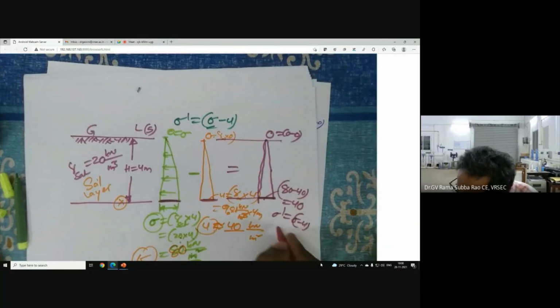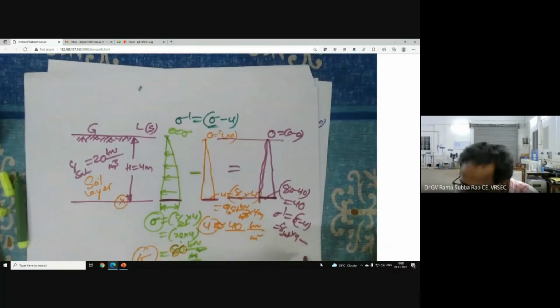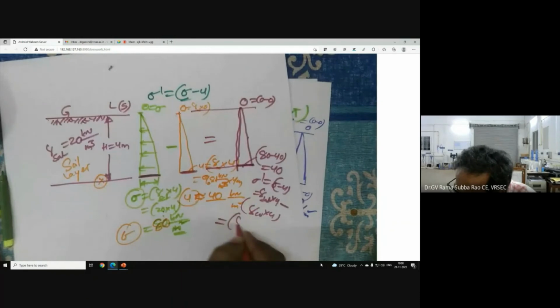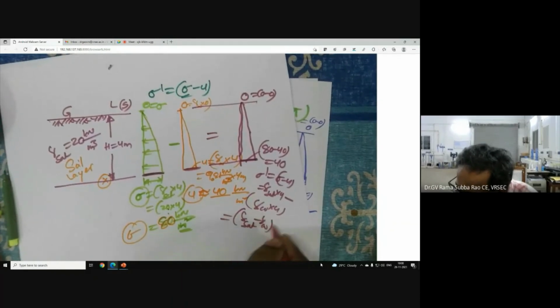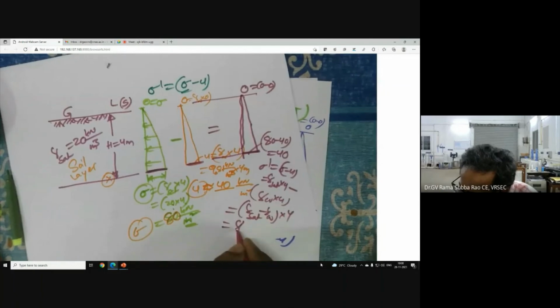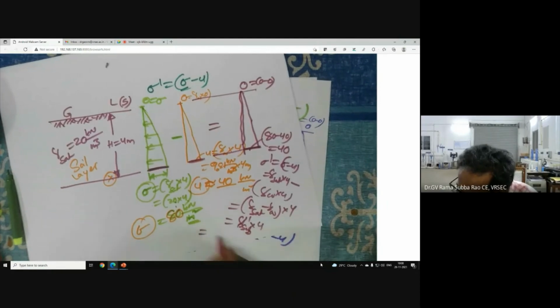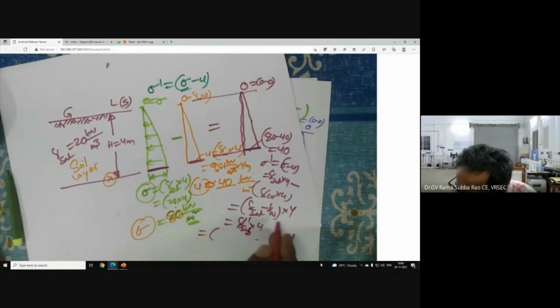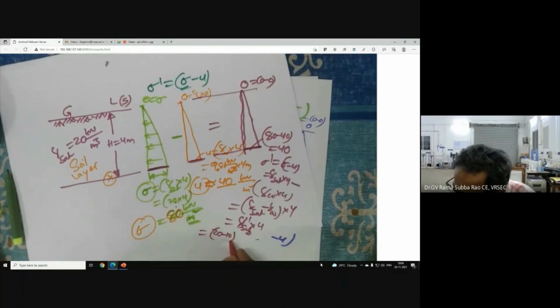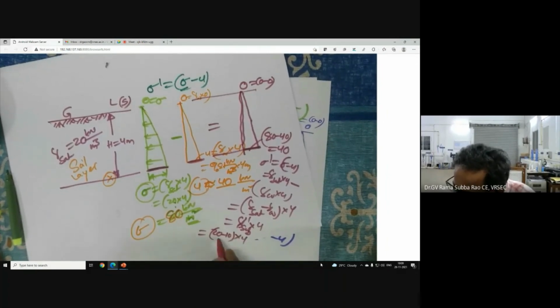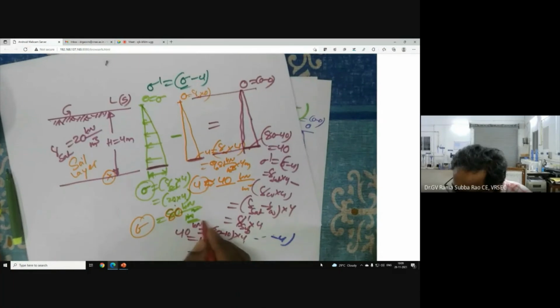I have sigma as gamma sat into 4 minus pore water pressure, gamma of water into 4. Now 4 is common. Gamma sat minus gamma w, into 4. This becomes gamma prime. We also call it submerged. As you wish, you can write either prime or submerged, into 4. Now gamma prime means gamma sat minus gamma w. Alternatively, 20 minus 10. In fact, it's 9.81, but we made it a round figure for better understanding. So 20 minus 10 will be 10. Now 10 into 4 is obviously 40 kilonewton per meter square.